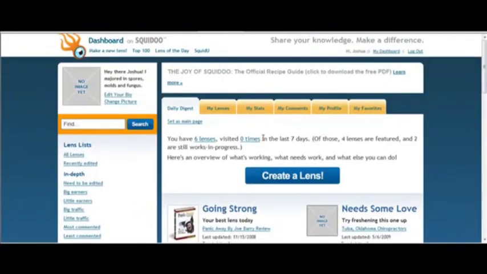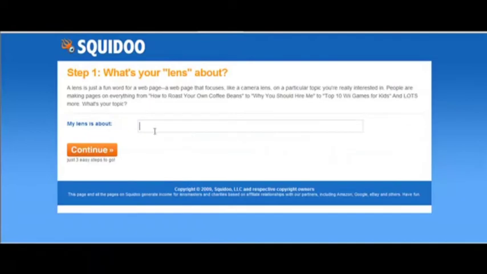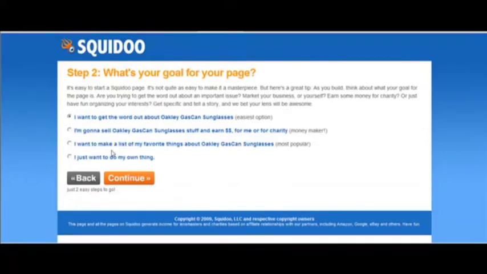Now what you're going to do is go ahead and choose create a lens. This is my test account here. And put what your lens is about, which is your main keyword phrase, which in this example is going to be like your product phrase. You want to choose, I just want to get the word out about that, choose continue,